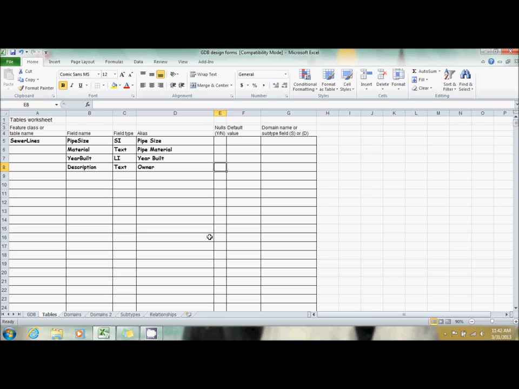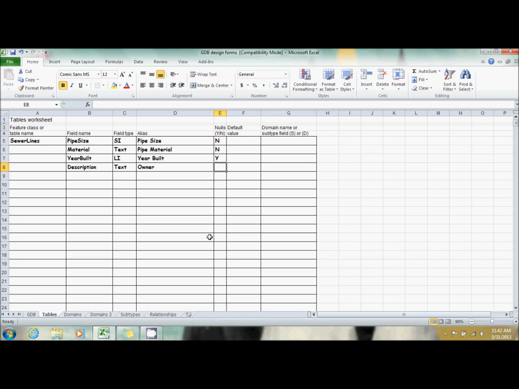And what they want us to do is go in and now assign null values, just like we did in the last one. The only one that gets allowed null values is year built, because some pipes are going to be really old, and if there was ever an event where records were lost, you wouldn't know what year they were built. But for most cases, you're going to know. So the rest of these, we just put N